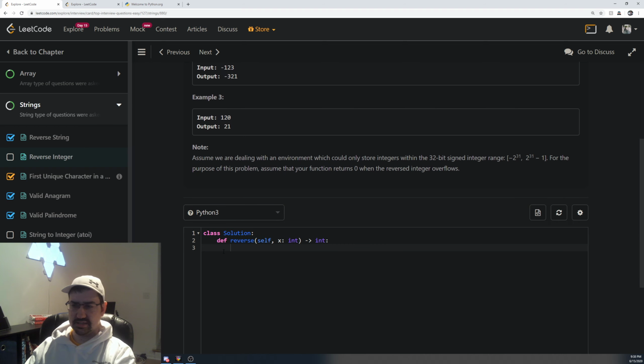We're going to do this specifically or strictly in the realm of integers and numbers. So to do that, we can use modulo operators and divisions, I believe. It's been a while since I've done this kind of problem, so bear with me. We might have to run through it a couple times. The reverse is x. We're going to need